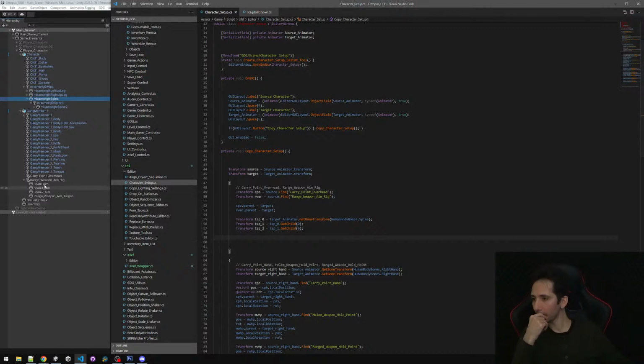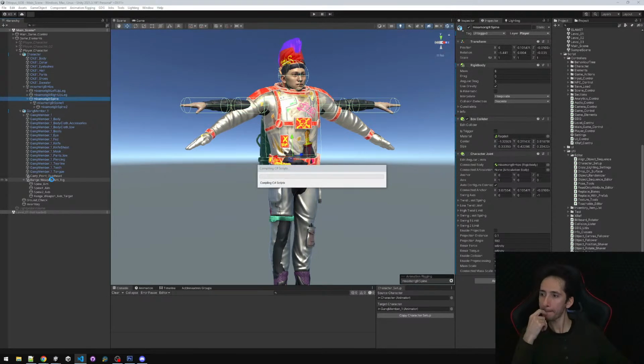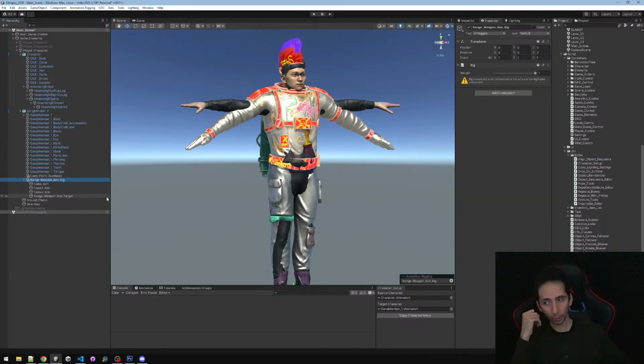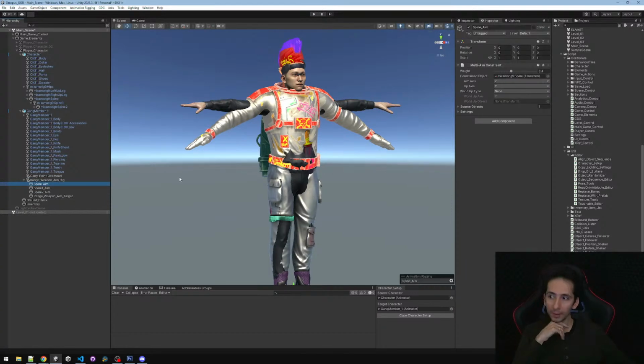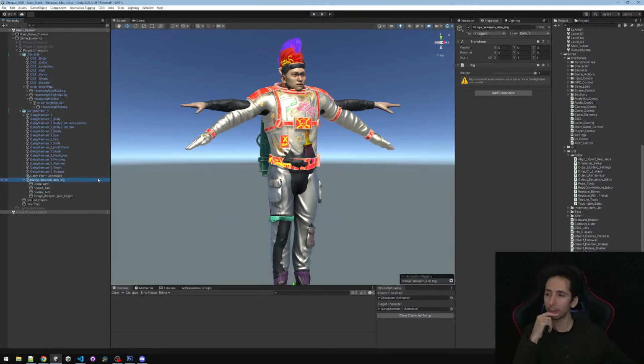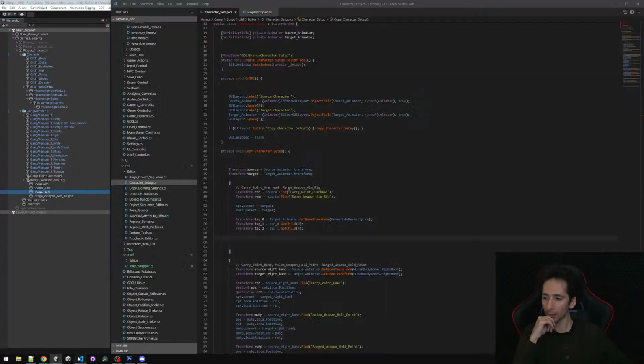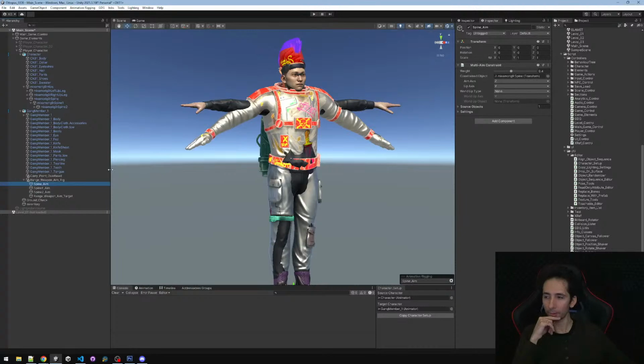Range weapon aim rig. It can be pretty boring, but moving all the stuff by hand between characters is much more boring. So here we need to find these aim transforms, multi-aim constraint transforms, and set the targets. Okay, we have targets, so let's find these multi-aim constraints. Okay,